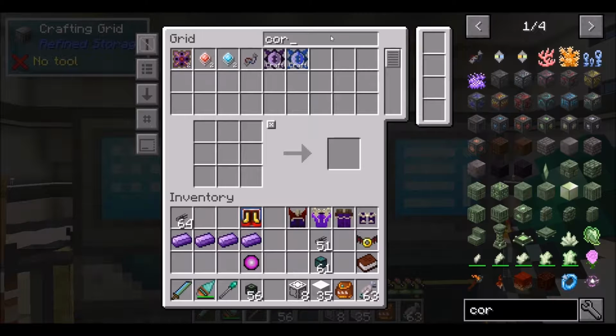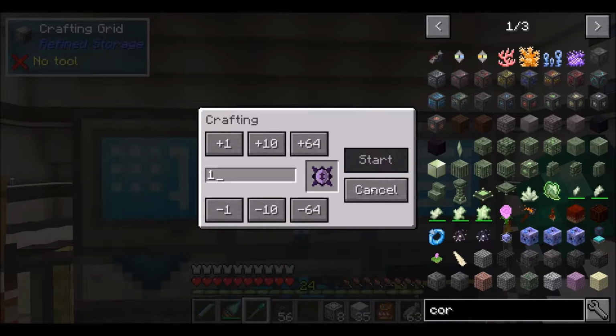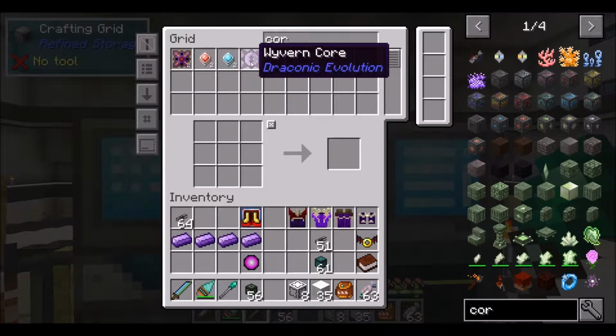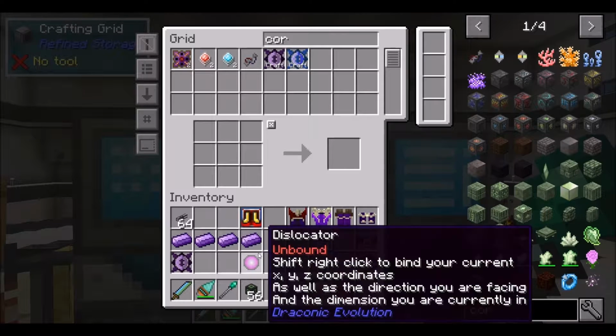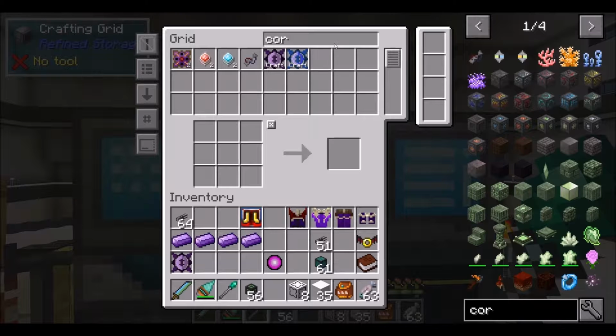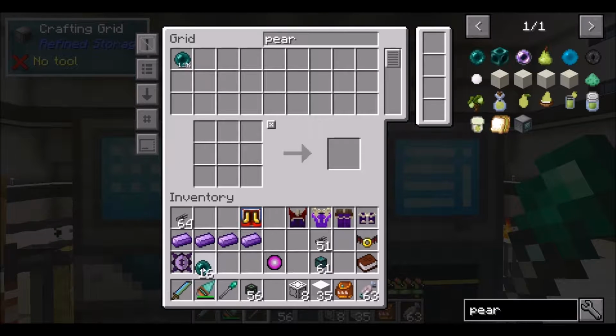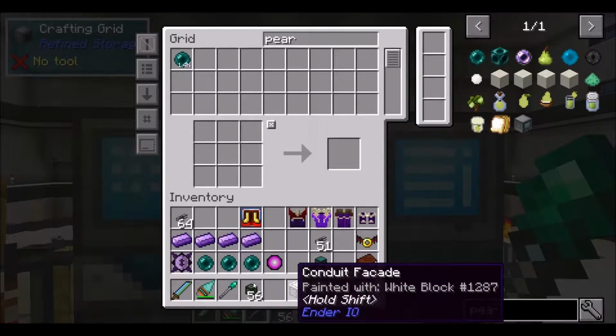And a core. I need, like, the expensive one. That requires a nether star. Luckily, I have so many of them. And, right, pearls. 3 pearls. And luckily, I have a lot of those again, finally. So, cool. I should be ready to craft this now, so...